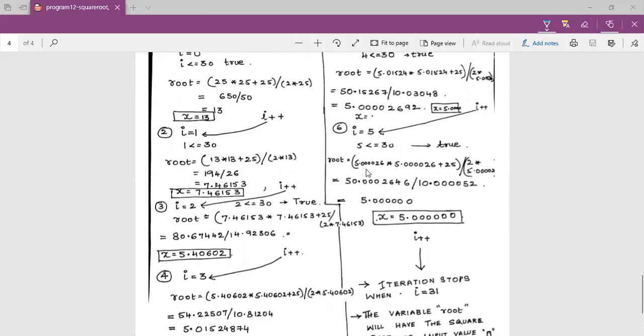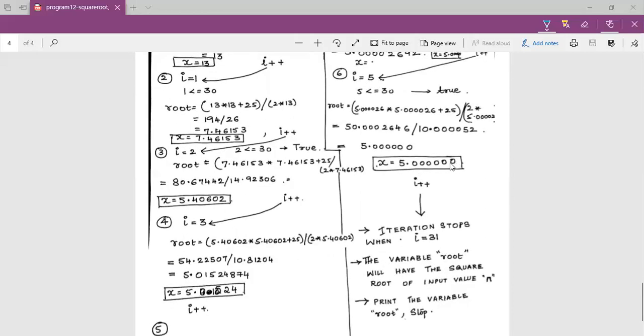Next, when we move ahead with the next iteration, a more precise answer is got. So this carries over until the iterations are completely 30 and when i becomes equal to 31 internally. Although all the iterations are not shown here, I have calculated only until we arrive at the result 5.00 more precisely.